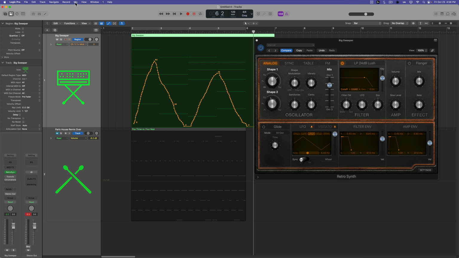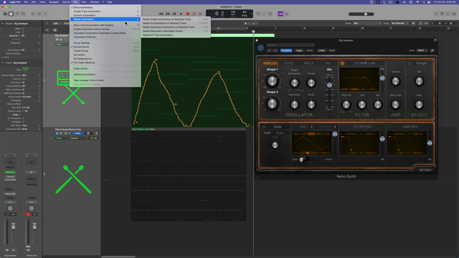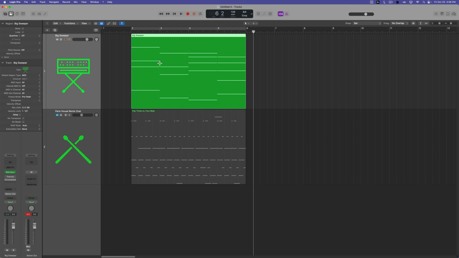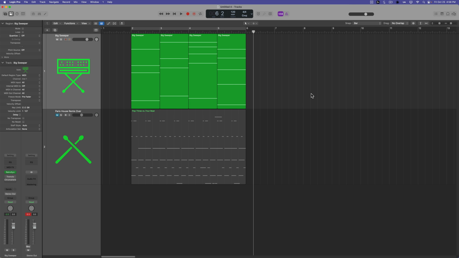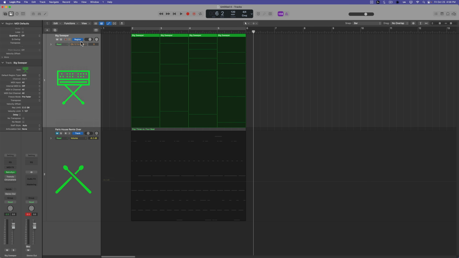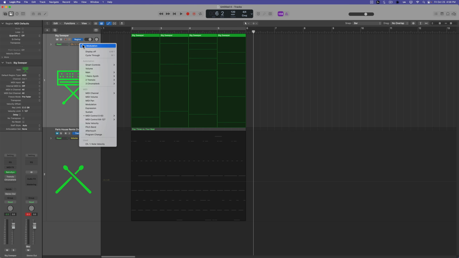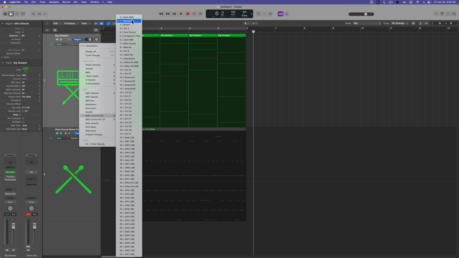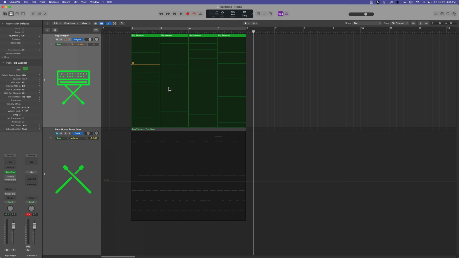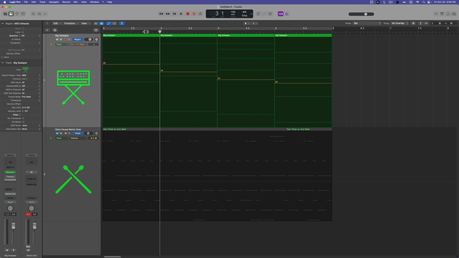So let's go ahead and start from scratch. Let's go up to delete automation, delete visible automation on selected track. And what I'm going to do is take this region and cut it up into 4 individual regions, just like so. And I can hit A, make sure I have region automation shown, go to MIDI control, choose CC1, which is modulation wheel, and I can click on these and you'll see each one of these can have its own